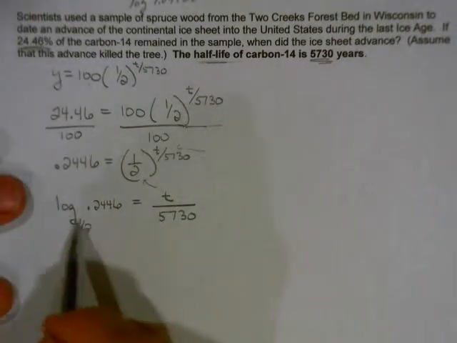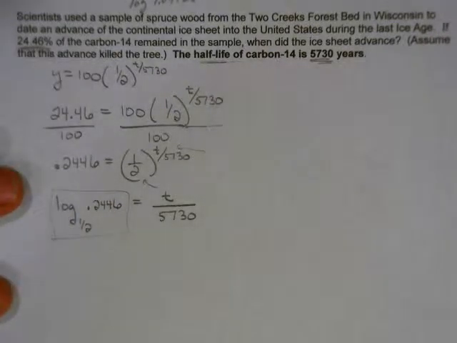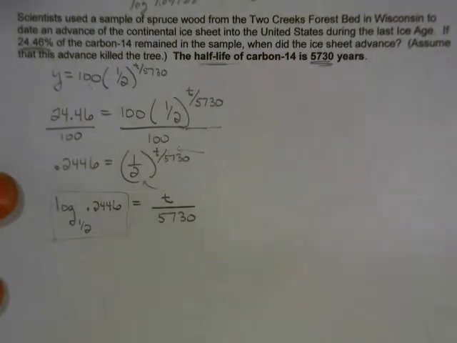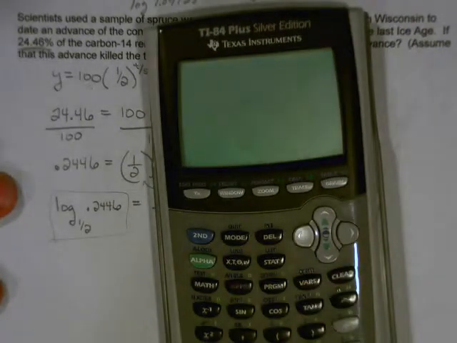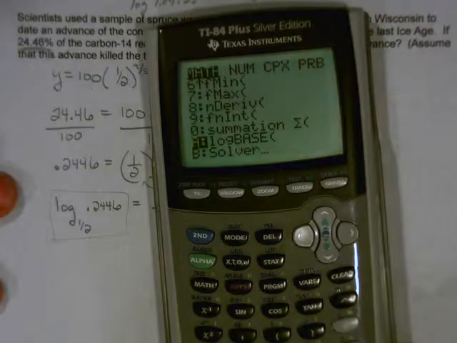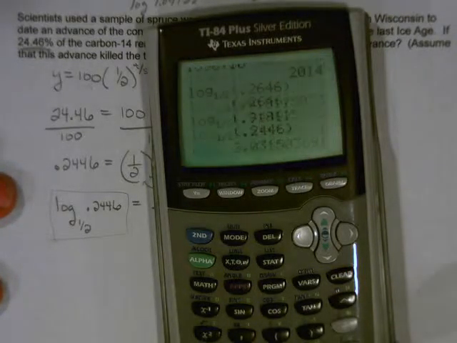But in order to rewrite it, you have to know how to rewrite it, and then you have to be able to evaluate this, which is either going to be your change of base formula, or depending on which calculator you have. If I use this calculator and I go math, notice I have that log base, so I can type in just what I see. My base is 1/2. As I move over, I'm going to put in 0.2446